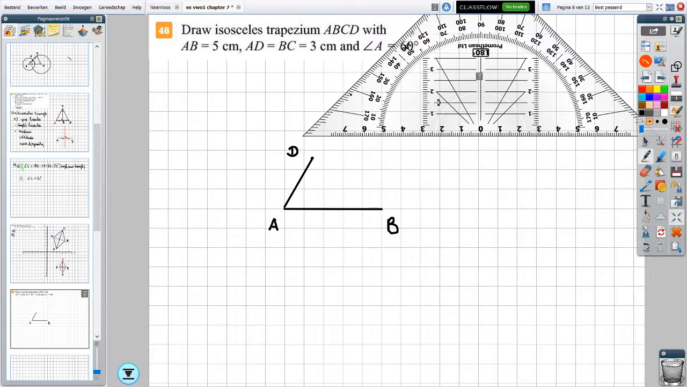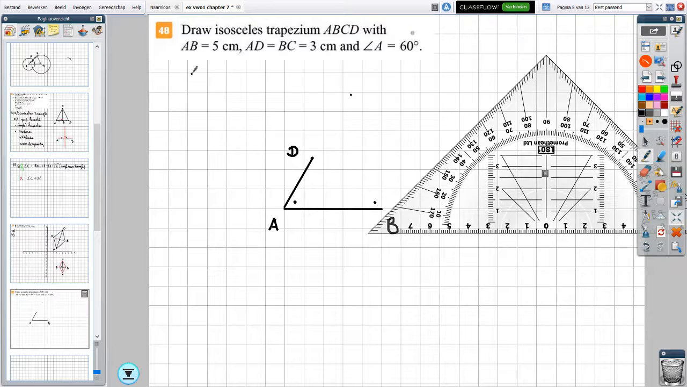Well, remember, in an isosceles trapezium, those angles right here are going to be exactly the same, and the angle that is at D and at C as well. So I know, and I could write it down even, that angle A is going to be equal to angle B. Why? Because of an isosceles